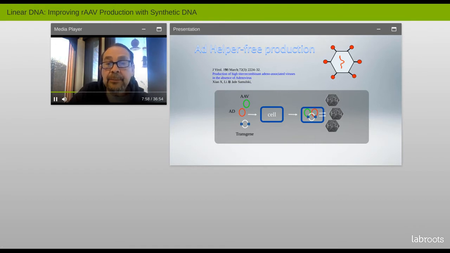If you go one more slide, you'll see that at a little bit later time, in 1998, we were finally able to uncouple the adenovirus dependency and extract out of the 36,000 base pair genome 4,000 nucleotides that were responsible for helping AAV go through its life cycle. So now you had 3 plasmids being introduced into the human cell, and after 48 hours, only one virus came out, which was the AAV vector of choice carrying the therapeutic sequences.